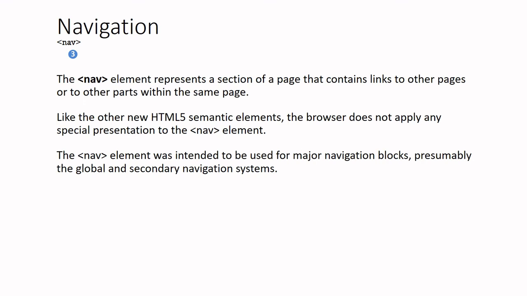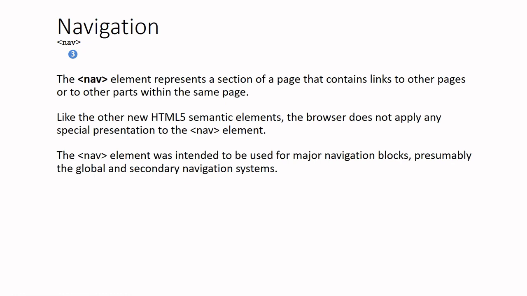Now this is again one of the more important elements, called navigation. Why is navigation an element? In any web page, linking is important. For that link purpose you have only one option, the nav element. The nav element represents a section of the page that contains links to other pages or to other parts within the same page. You can link to any other page, and even within the same page you can link to another division or section of the HTML file.